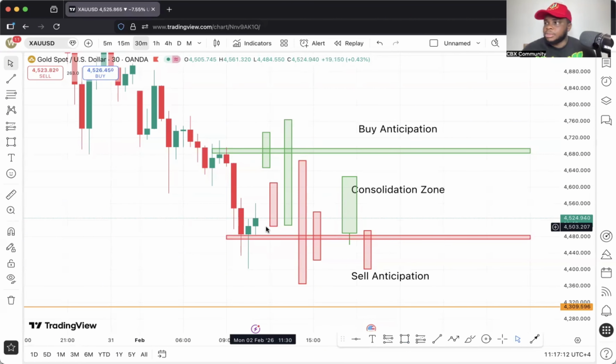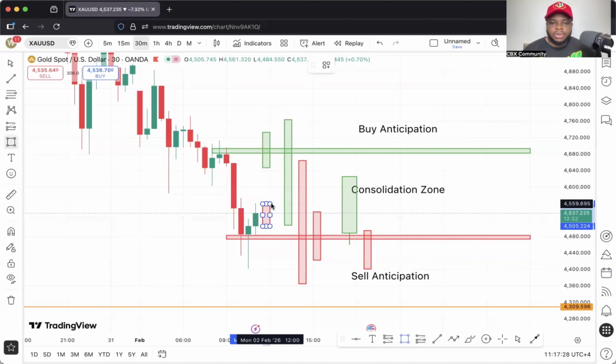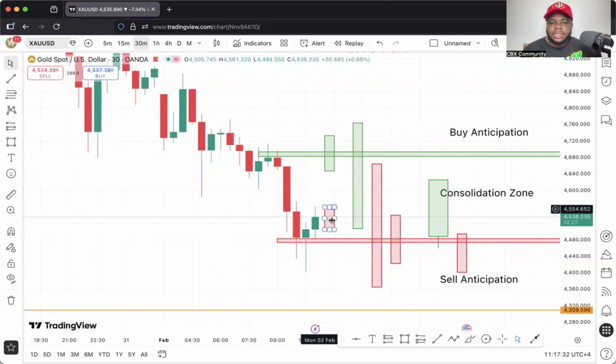Let's enjoy the music. Let's see what this candle wants to do, if this 30 minutes candle wants to continue to go up or continue to come down. Let me give you guys an example. Let's assume that this candle has created a bullish candle like this. Let me zoom the chart a little bit. This candle has formed a bullish candle like this. If this candle wants to continue to reject up this zone and get to our support zone with a wick like this,